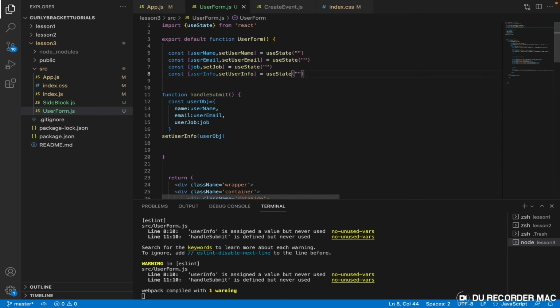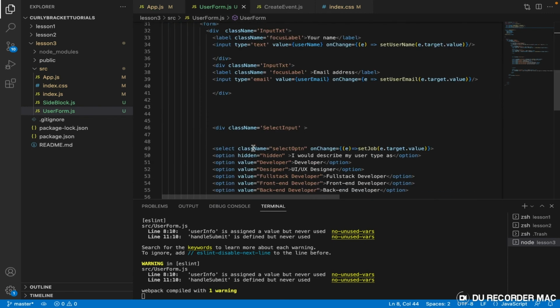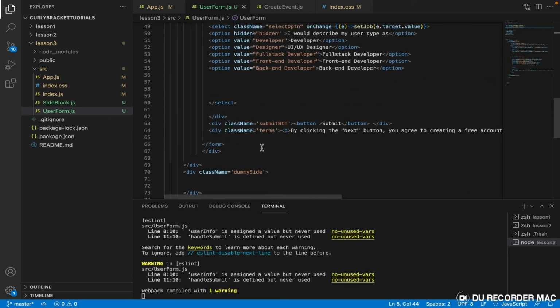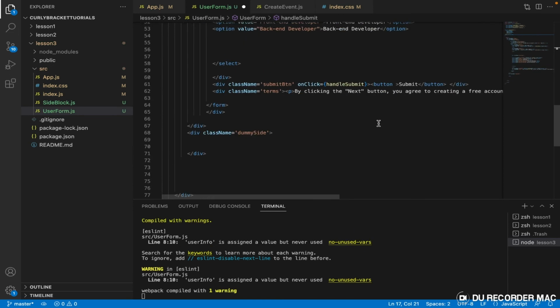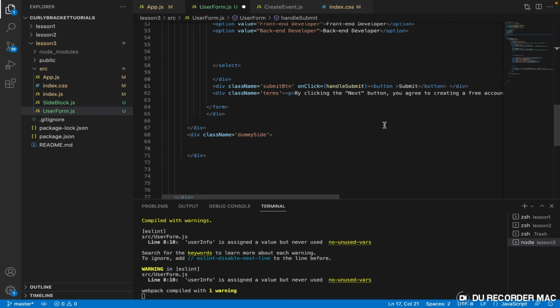All right, so the next thing I need to do now is to say every time we click on this button, so we say on click, okay, and we want it to run this function, handle submit. But then that's another way of doing this. Okay, I can equally say